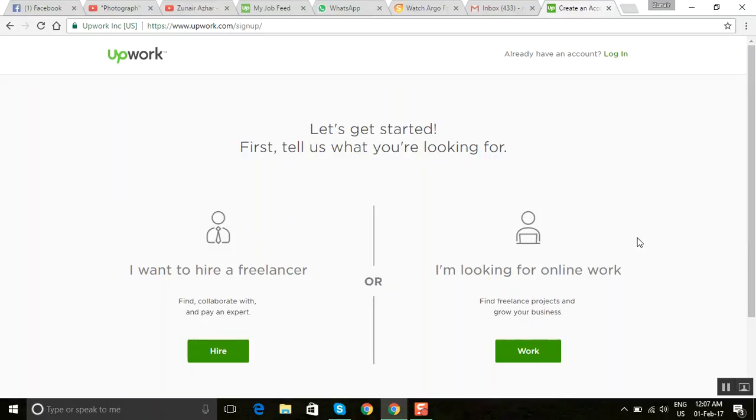Make sure that you complete your profile 100% because that's very important. If you don't, then the probability of getting jobs gets really low because people don't usually think that you're capable of doing the jobs. So the first step that you should take is completing your profile 100%. Once you're done with that,